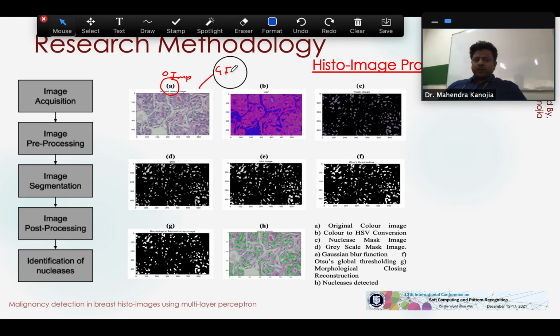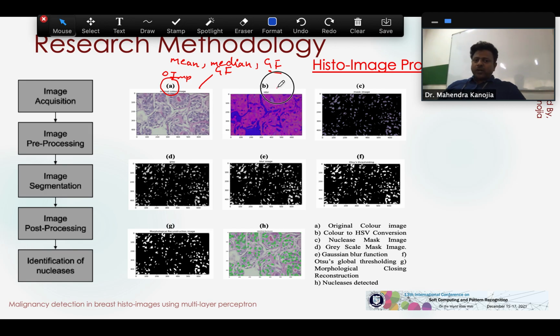How we came to the Gaussian filter: first we worked with mean filter, then median filter, and also we worked with Gaussian filter. The results with Gaussian filters were best with this kind of images, so we finally selected the Gaussian filter, the smoothing filter, so that the preliminary noise is removed.